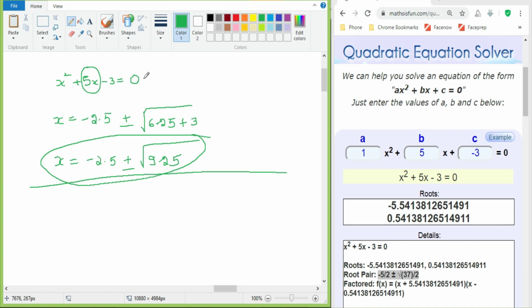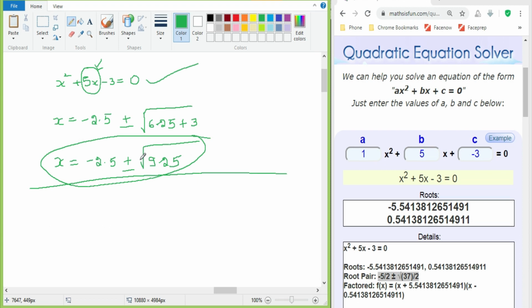Here, whenever we have an odd number as b, you can go with this; it will hardly give you 0.5 square, and we know the square of any number which ends with 5, so we don't have any problem with it. Yes Pritish, this method can be applied to all quadratic equations. It might be factorization, it might be using the formula. Any quadratic equation can be solved using this. There's no restriction for this.